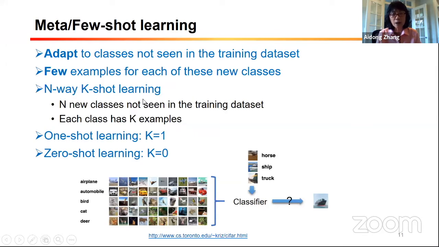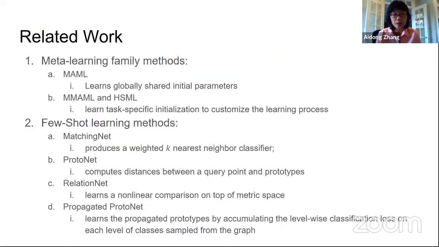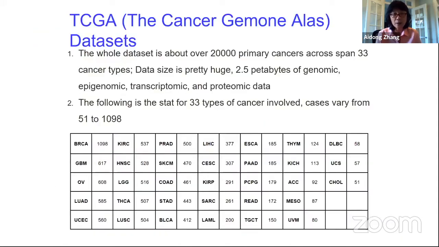And more generally, for example, this one is 5-way 10 shots, and so using that to train the model. So the reason I mentioned this new machine learning technique is I'm excited to see how this can be applied to bioinformatics, especially, I'm going to skip that page, I assume everybody is familiar with the TCGA,